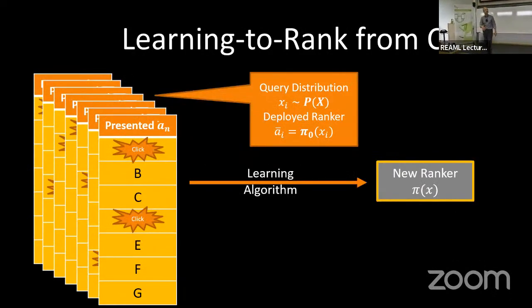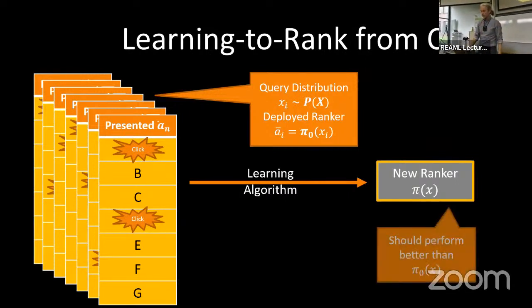Okay, so what does the data for rankings look like? You have log data that looks like that. This was the ranking that was presented by our logging policy. That's the action that we took. And then we observe clicks on this ranking. But of course, where we put the items in the ranking influences where we get clicks, right? Whatever is high up in the ranking gets more clicks. So that introduces a bias again, right? And now what we want is to use this biased data to nevertheless learn a new ranking policy that does better than the ranker that collected the data.